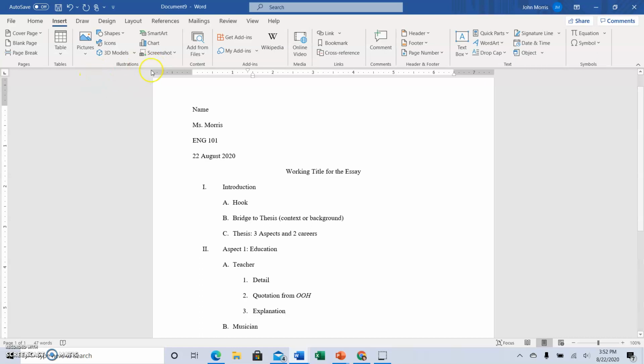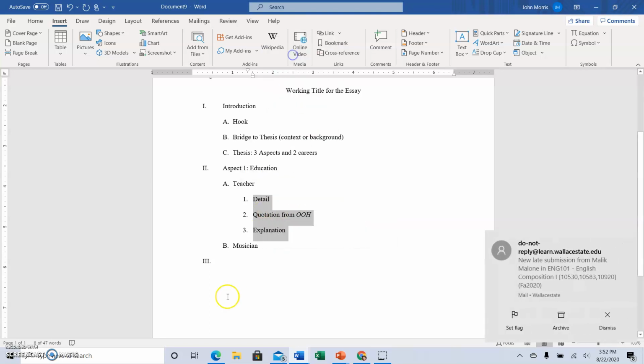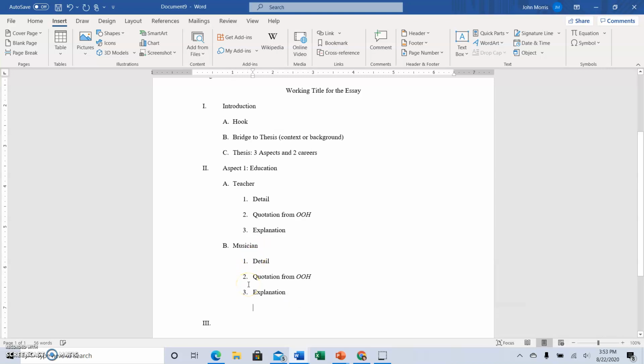And then you want to transition to your next career. Likewise, in contrast, similarly, are you talking about differences or similarities about aspect 1? Okay. So all of these things would apply here too. So this outline that I'm creating is just the bare minimum. You're going to be writing full sentences. So a detailed sentence,